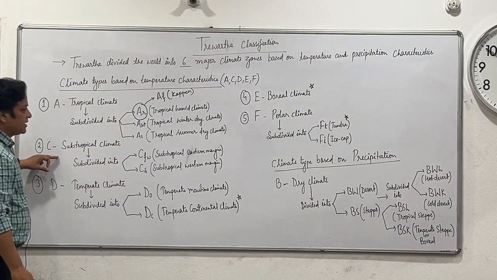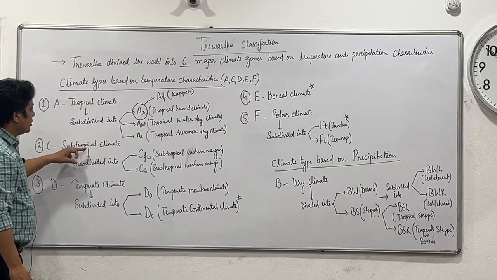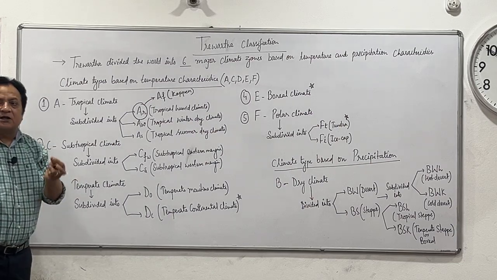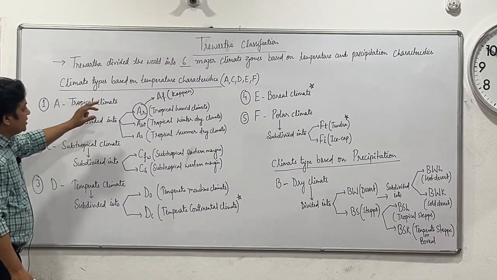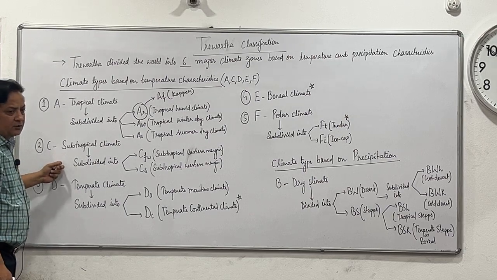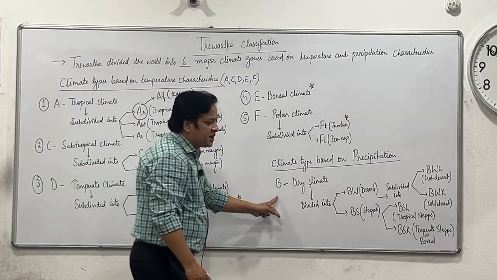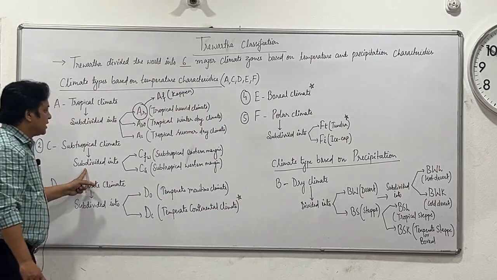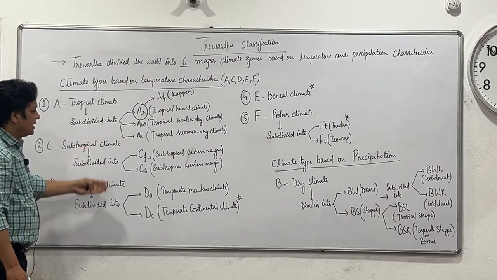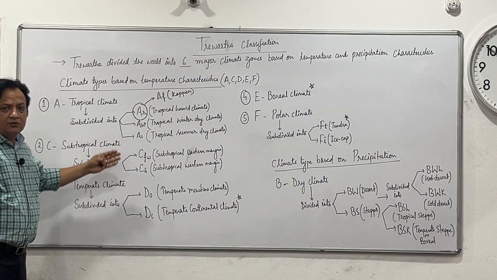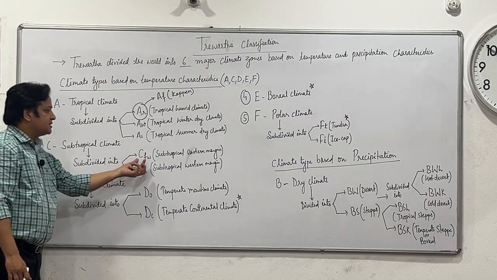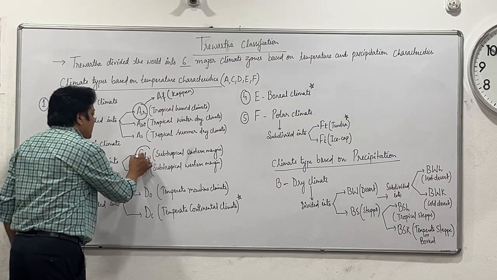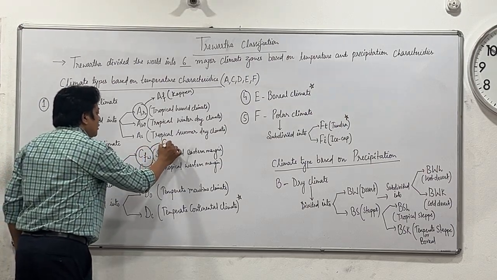Then come to the C type, subtropical climate. Again, you will find a difference here. C type according to Koppen is the temperate climate, whereas C type according to Trewartha classification is the subtropical climate. In Koppen classification, B type was the subtropical climate, if you can recall. So this is the subtropical climate according to Trewartha, who has subdivided it into two major climatic types, that is Cfw and Cs. If you can again relate that with Koppen classification,